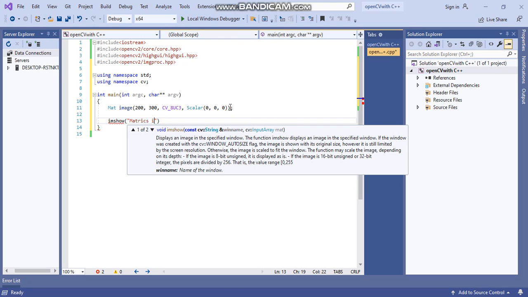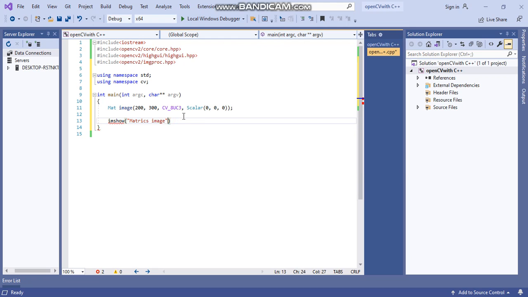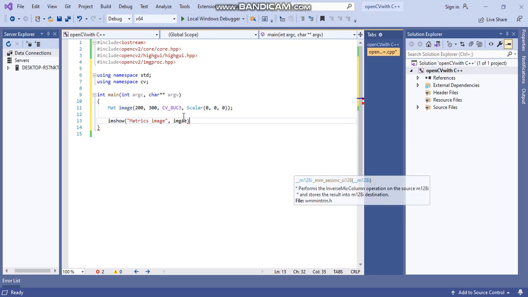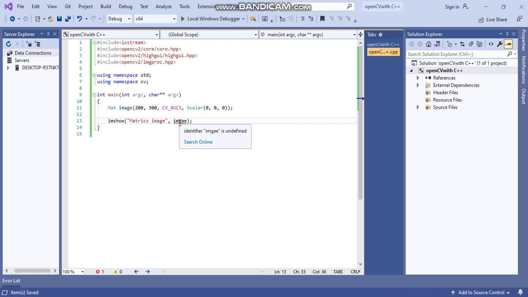So this is a platform, a matrix where we will be drawing the image, and here write image, and then Ctrl S, save it. imshow, and image is undefined. This is the image which we want to show, so here just correct it, image.